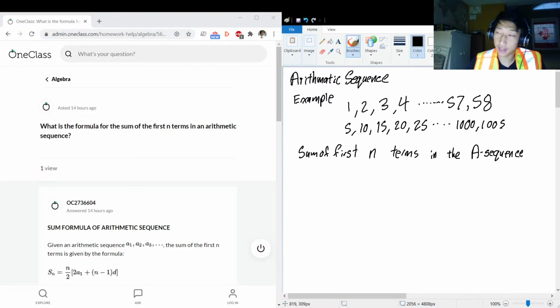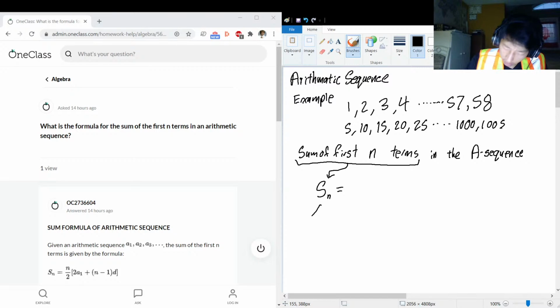The sum of the first n terms is this equation. We can represent the sum of the first n terms with the big S and a subscript n. S for sum, n for the n terms. That equation is